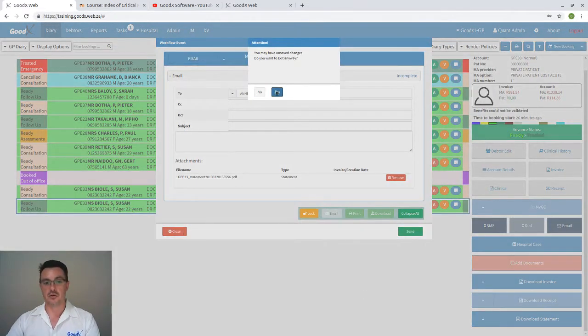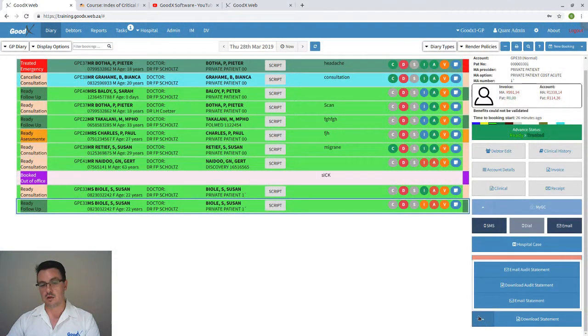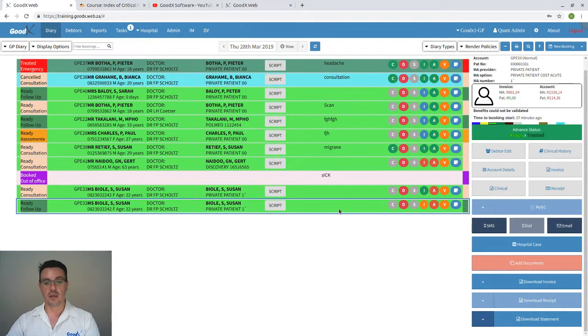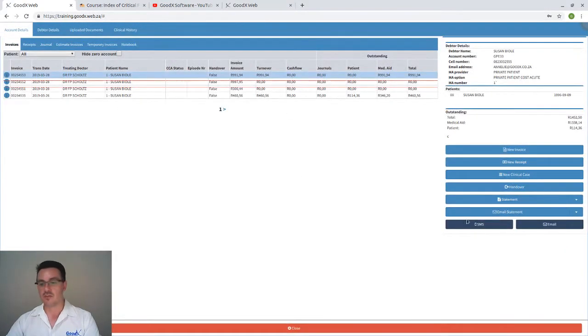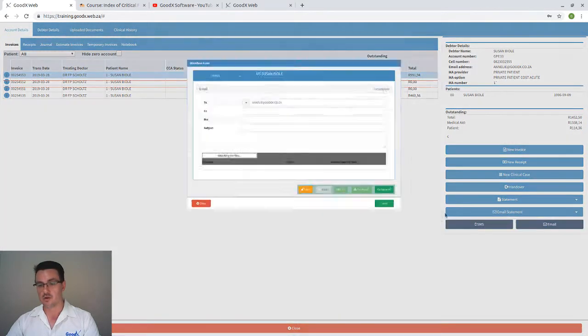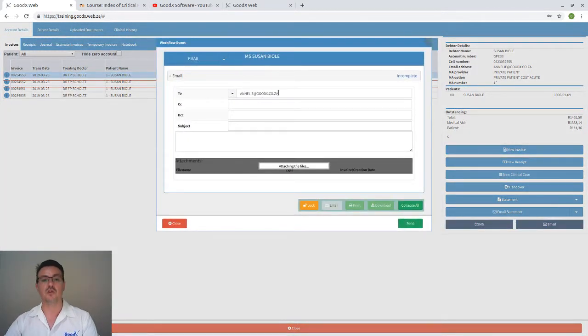So that I can do directly by clicking here, selecting the booking on the diary, on the panel on the right hand side, click on that button and say email statement. Or if I'm in the account, so when you go to account details, the same thing, there is email statement. So the moment I do click on that email statement, it will generate a PDF and you fill in your